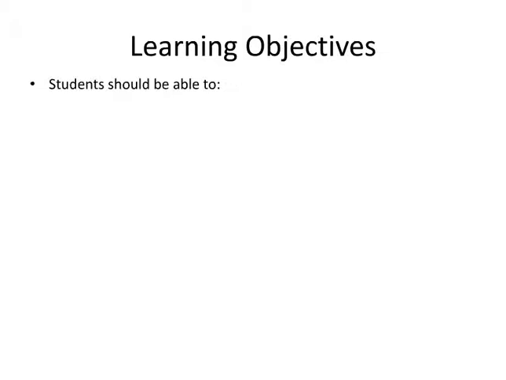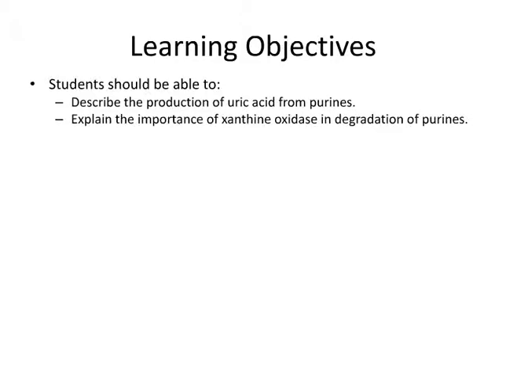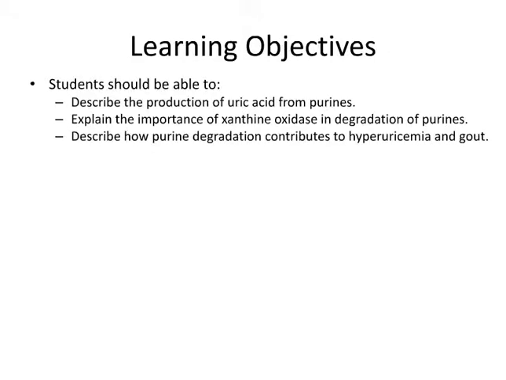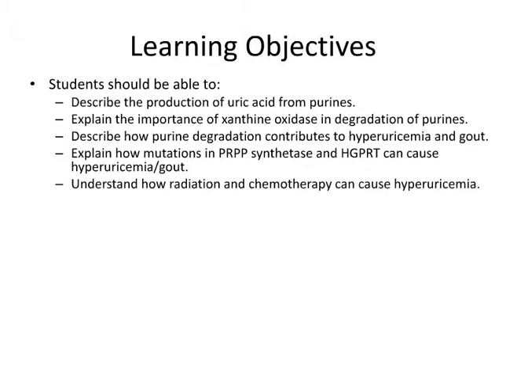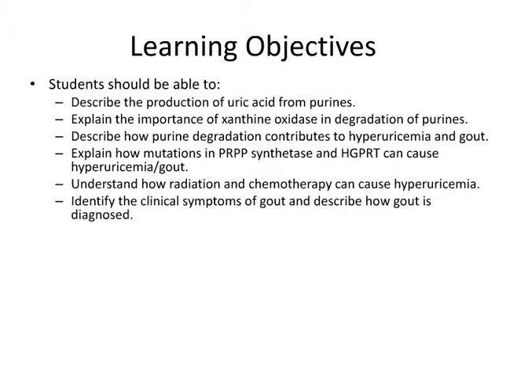After viewing this learning module, students should be able to describe the production of uric acid from purines, explain the importance of xanthine oxidase in degradation of purines, describe how purine degradation contributes to hyperuricemia and gout, explain how mutations in PRPP synthetase and HGPRT can cause hyperuricemia and gout, understand how radiation and chemotherapy can cause hyperuricemia, identify the